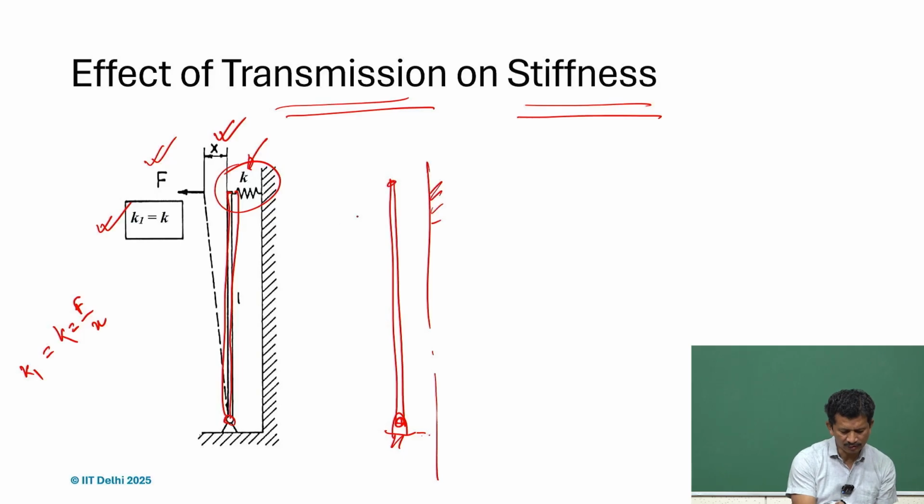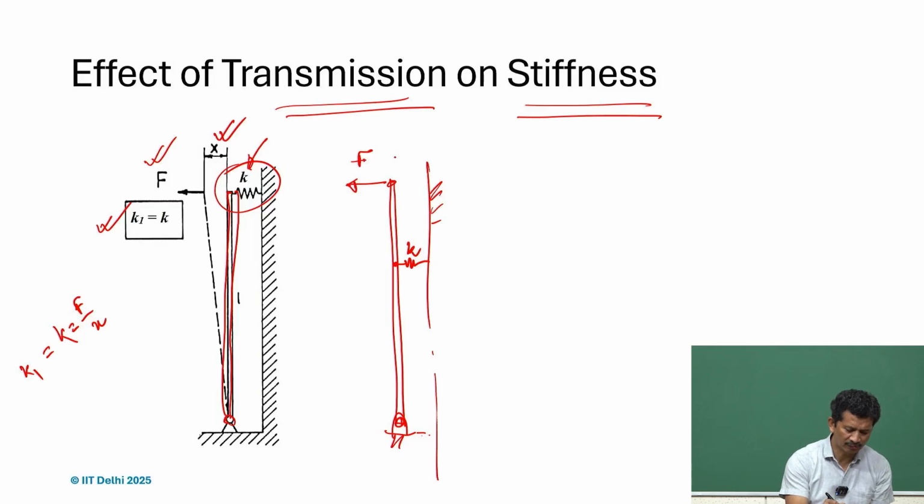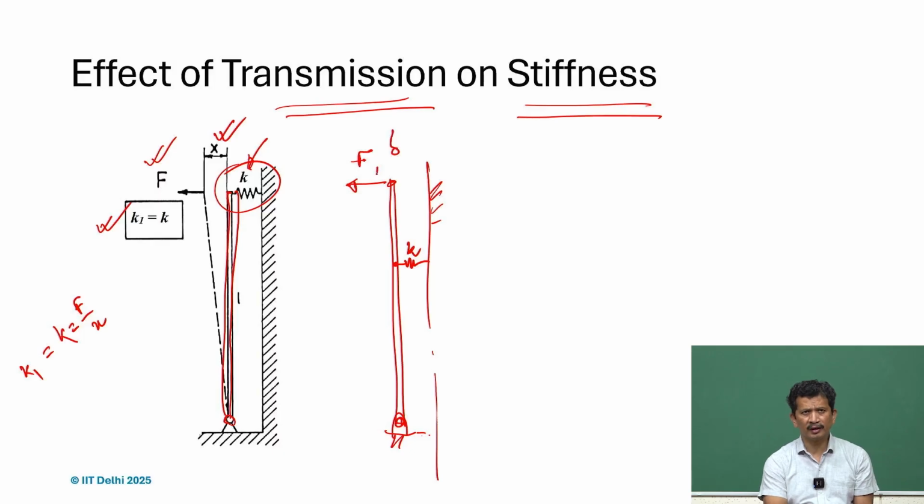So, suppose this is the point of application F. Now, we move to some other locations. What happens if I put this spring here? What will happen? Whatever F I am choosing here, and the stiffness here, there will be some associated deflection here. What is that deflection? And what we realize is that,